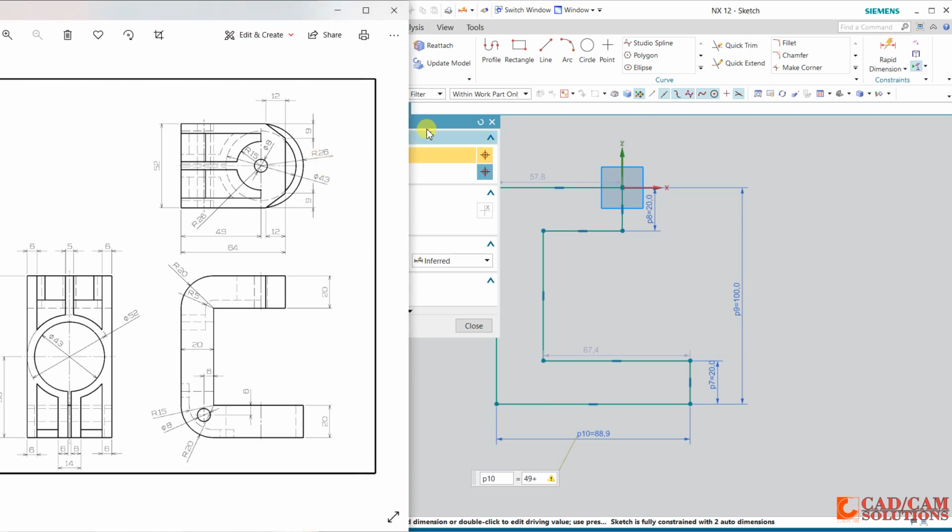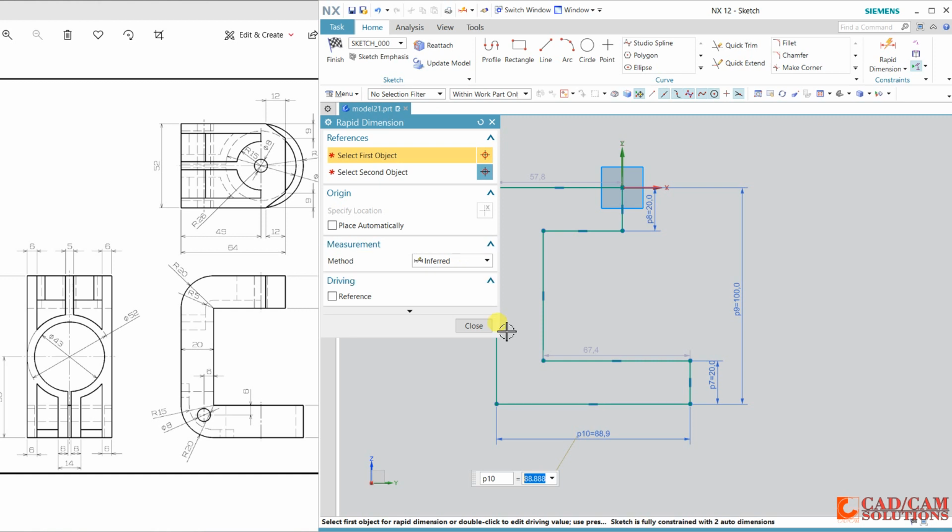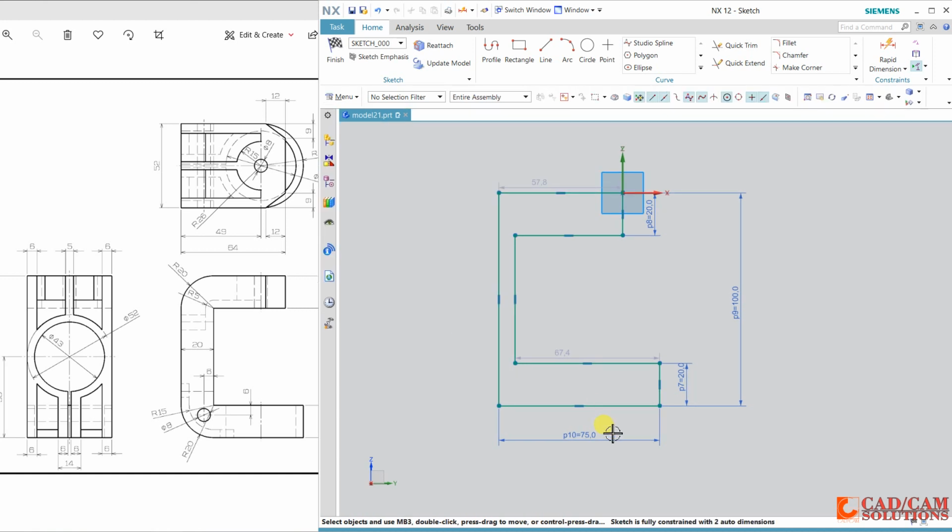The radius is 26, so add 49 plus 26. This will be the length, and here it is 20.